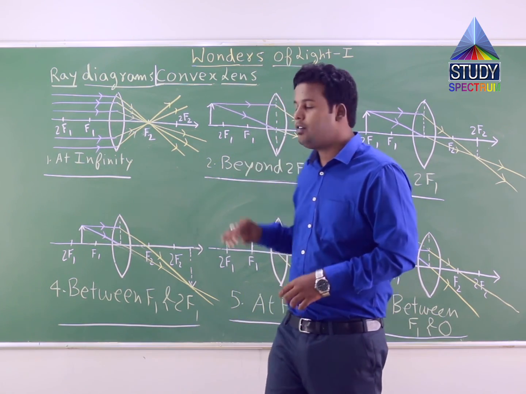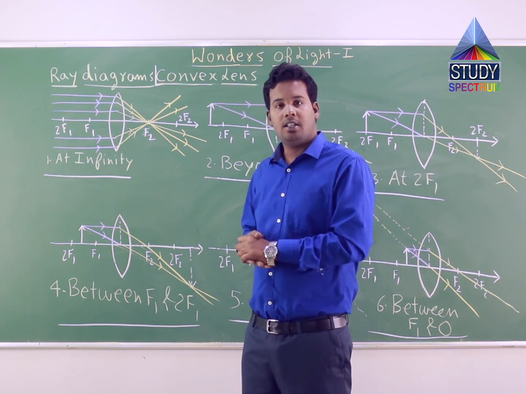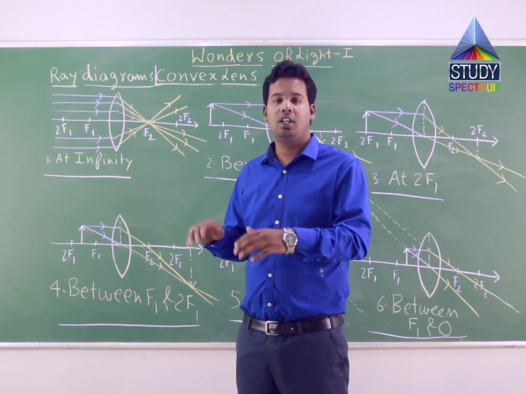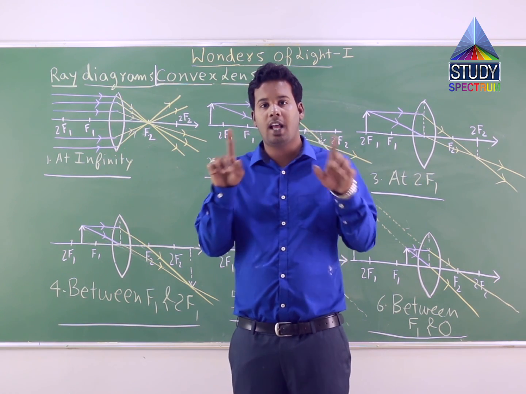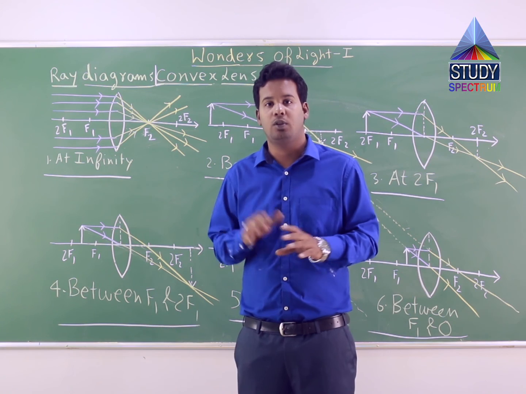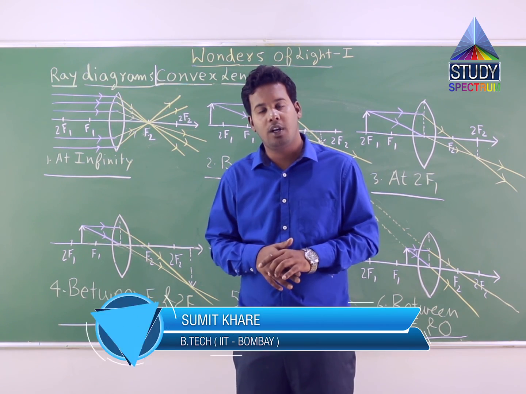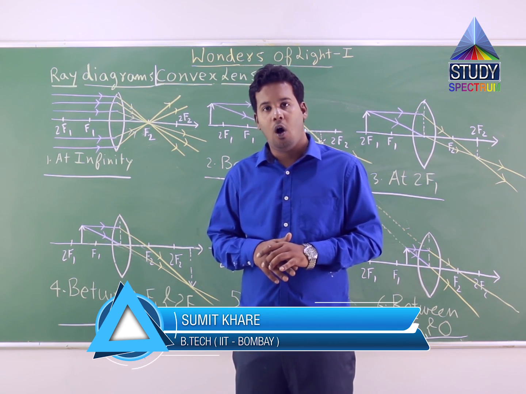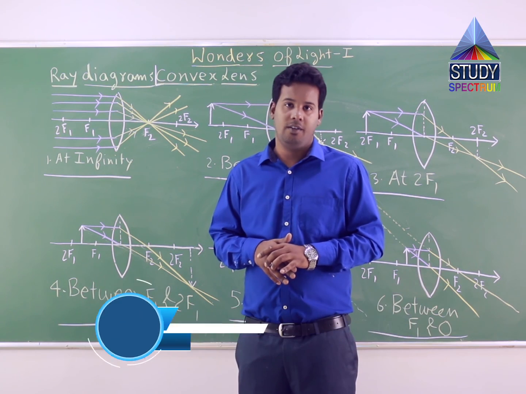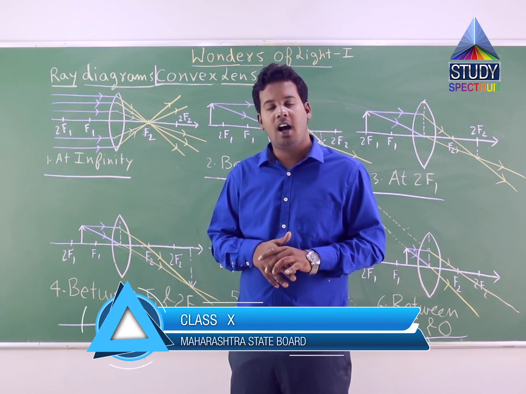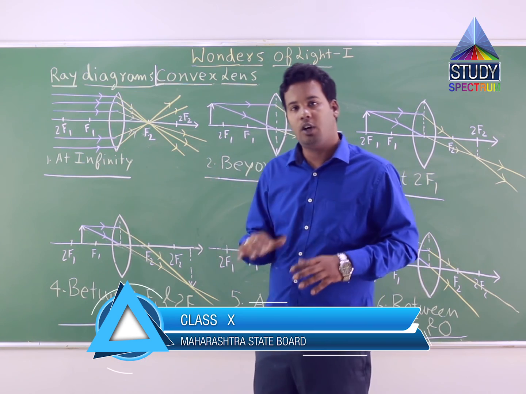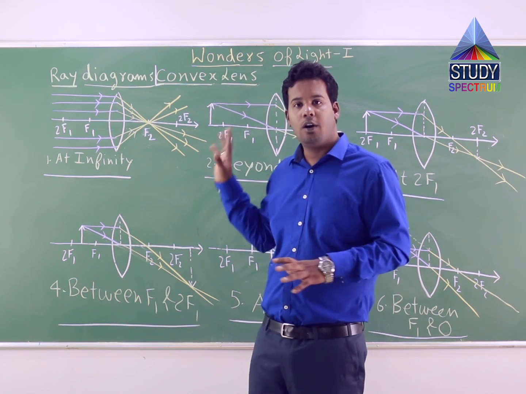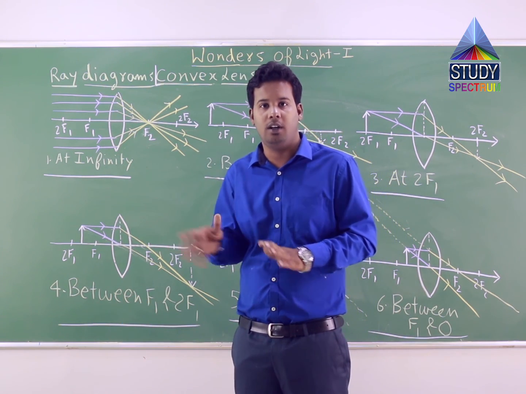So finally, we have learned 6 different cases of position of object placed in front of convex lens. We have seen for theoretical question how quickly we can learn that tabular form of results, 4 results: position of image, whether the image is real or virtual, whether the image is magnified or diminished or equal to height of the object, and whether the image is erect or inverted. For theoretical questions, we have taken r is equal to 10 and f is equal to 5. For numerical, whatever the value has been given, you have to take those values only. But for ray diagrams, you have to draw same ray diagrams for both theoretical and numerical questions.